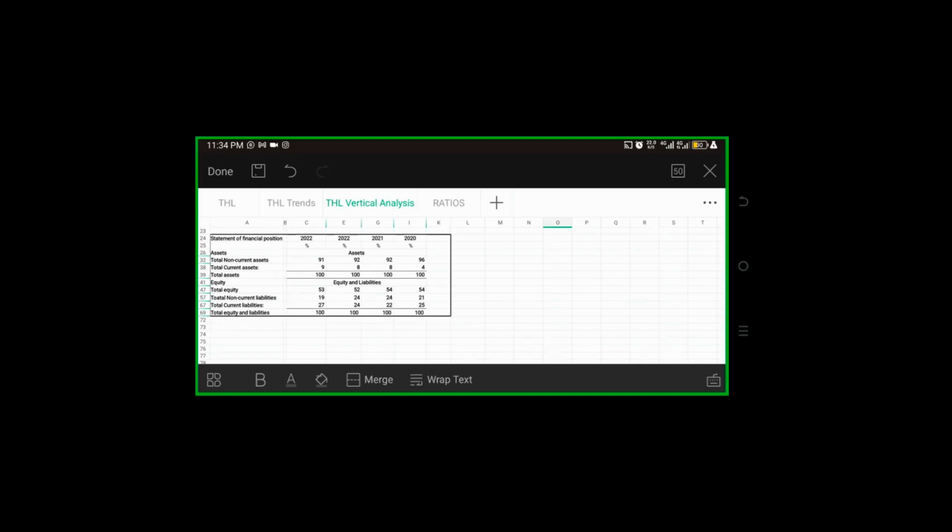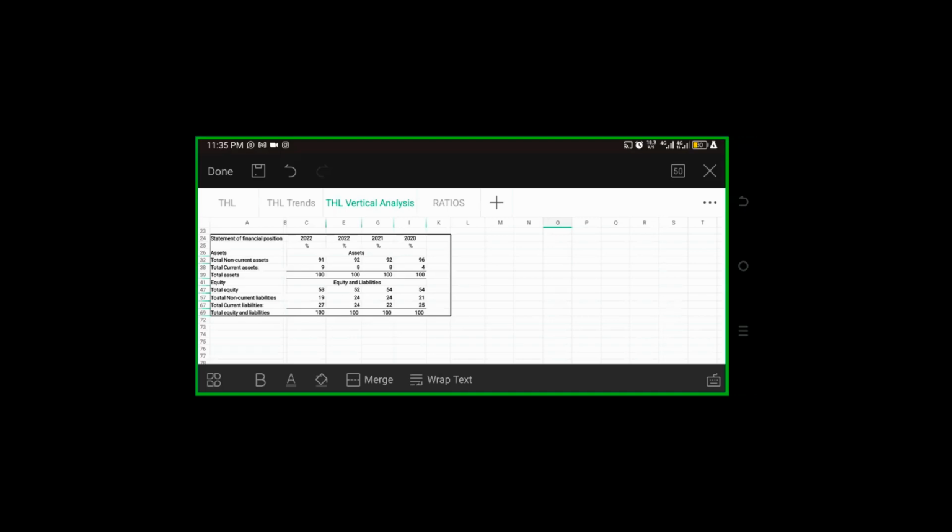So if you look at the assets, they consist mostly of what? Of non-current assets, including buildings and all that. Mostly they invested in buildings, right? And the current assets are very little, not even up to 10% of the total assets. So they really invested in non-current assets. So the question is, how were they able to finance it?